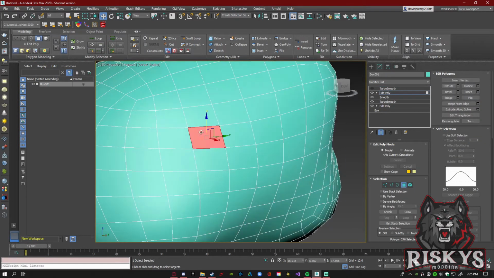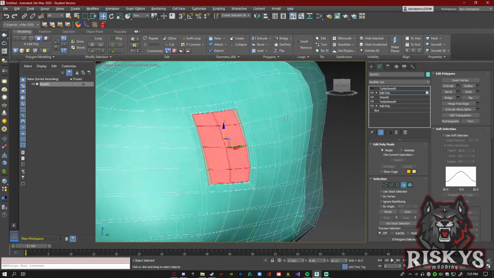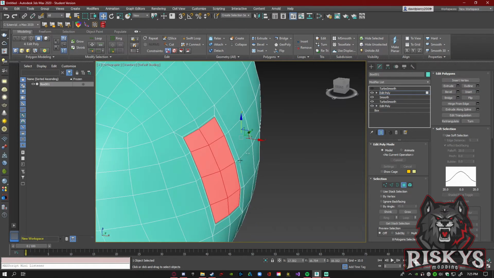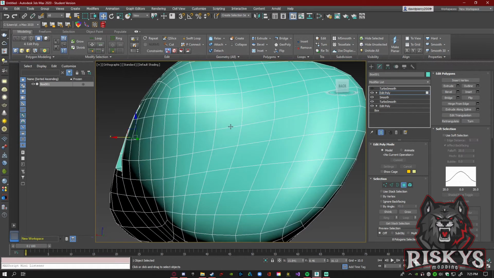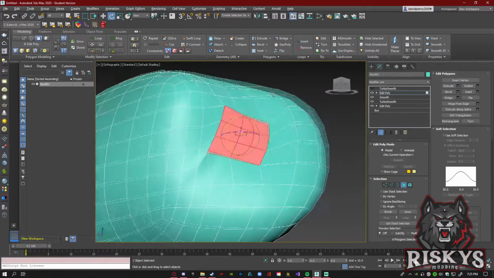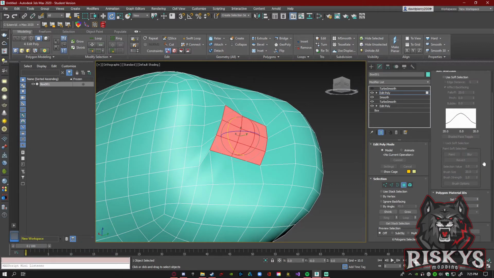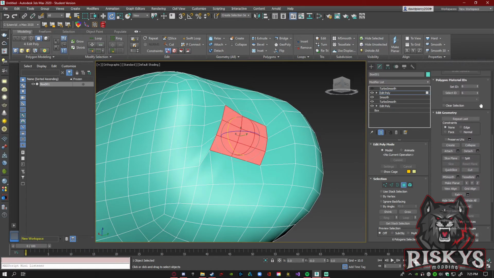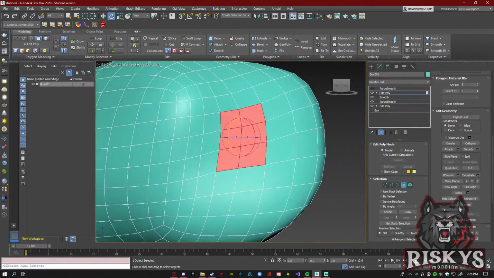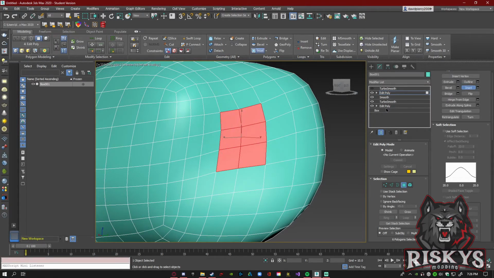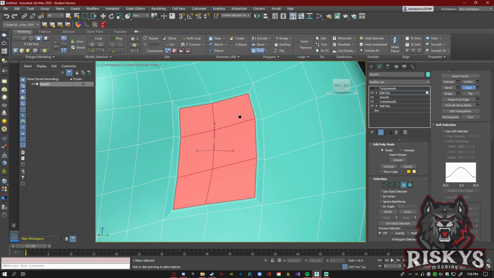Let's say we want to make a little indent on the side, we go to insert, make a little threshold with the insert, and we drag back. And let's say we want to do another one right here. Select a couple of polys. We even do a little rotate. And then what we can do here, a good representation of the relax command, relaxes back those polys. We can use that insert command from up here. Insert. And we still get